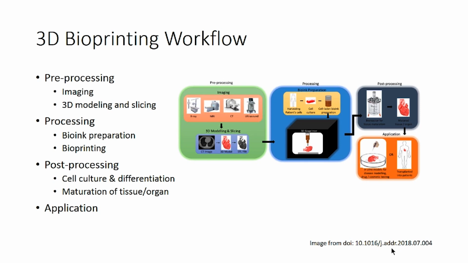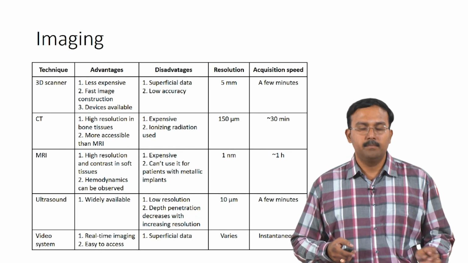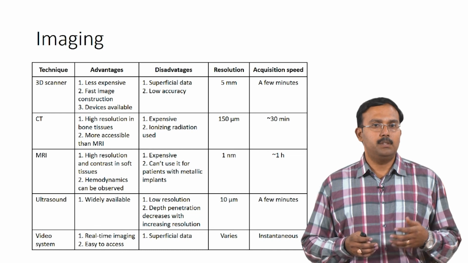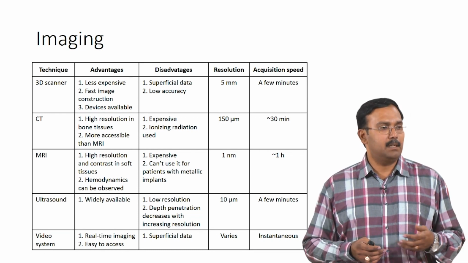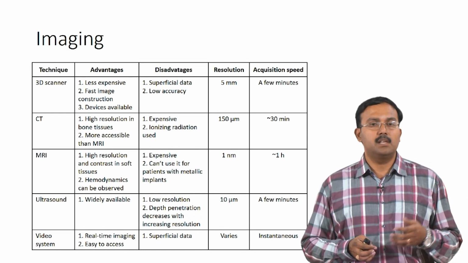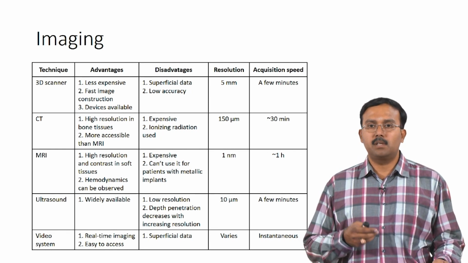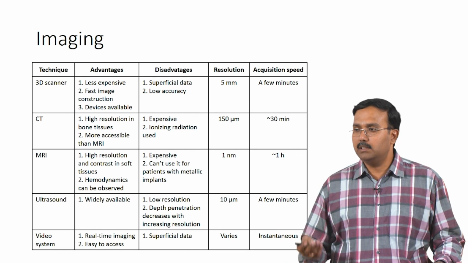So, this is the general idea of 3D printing, and this is the process in which 3D printing is taken up. So, let us go through some of these steps and see what exactly can be done. So, first thing is imaging. So, there are different ways you can image a tissue. So, we can use CT scan, MRI, ultrasounds, X-rays for bone tissues and so on, and you can use simple video systems can also be used, and then you can process these things.